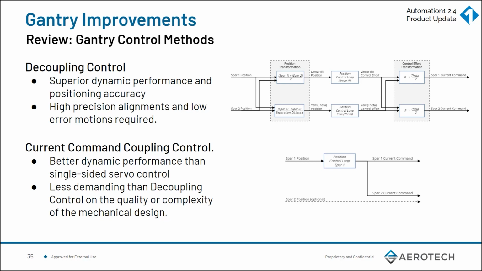So maybe your 2 gantry axes are not rigidly coupled, but you can basically mirror out the current command from one control axis to the other motor. That is a very brute force way of getting essentially more motor current into an axis of motion. But for the rest of this talk, we're going to be focused on this decoupling control setup of a rigid